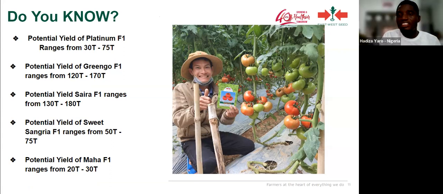The minimum you can get, even if you don't really try, is around 30 tons. You can check the price of tomatoes, divide by the crate size, maybe 30 kg per crate, and look at how many crates you are getting. That's 1,000 crates. Check the price, check the cost of your production. You can see that talking about 200% or 300% return on investment is not overemphasizing. It is what other farmers get around the field.